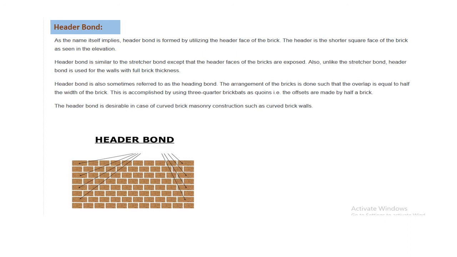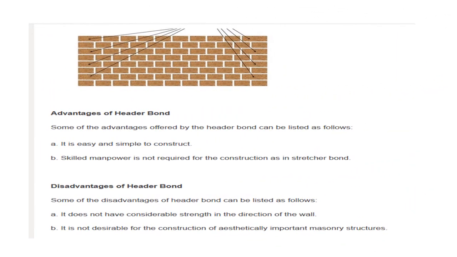Flemish bond. Flemish bond is a brick bond in which each course essentially consists of alternately placed headers and stretchers. The bond is thus developed by laying the header face and the stretcher face of the brick alternately in mortar, such that every alternate course begins with a coin header at the corner. Next to the coin header, a coin closer is placed in alternate courses to develop the face slab.